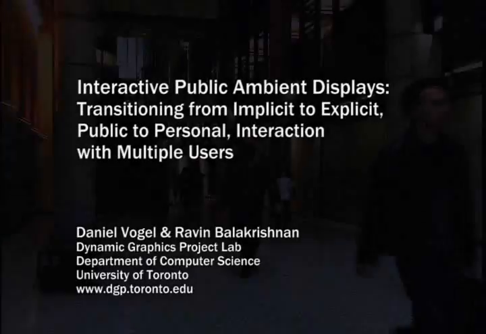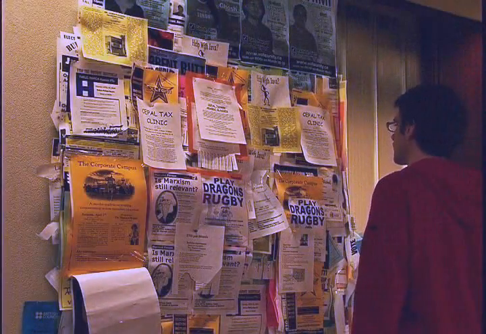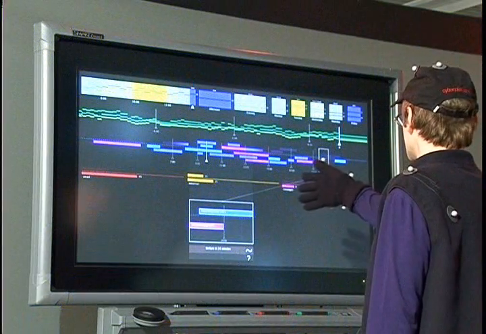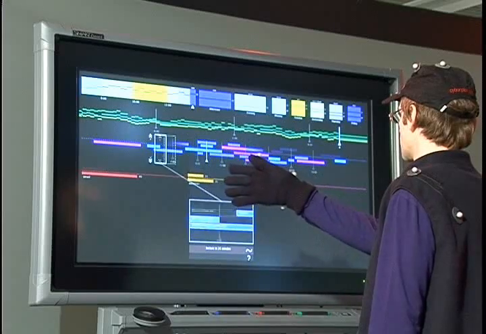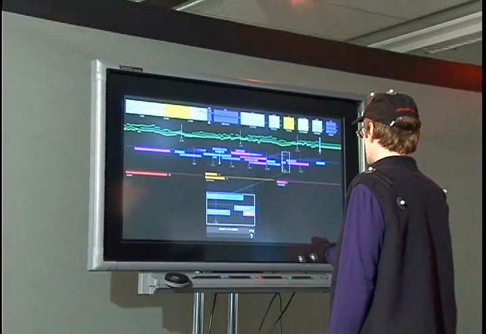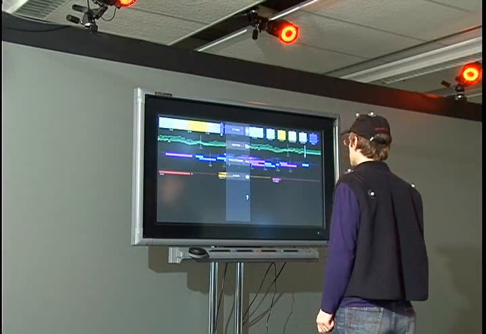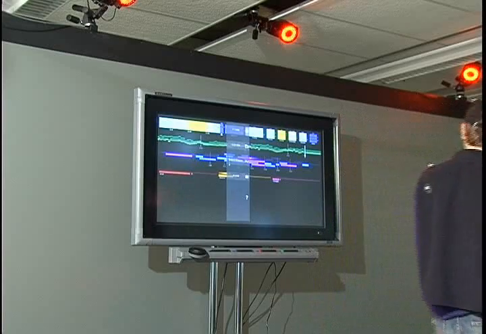In this video, we present new techniques for interactive public ambient displays. Conventional information sources such as bulletin boards are common in high-traffic locations like an office building or university concourse. We've developed a new type of information source, which is a queryable ambient display incorporating peripheral notification, implicit and explicit interaction. Our research concentrates on fluid movement between different interaction modes, techniques for supporting multiple users, subtle notification, privacy controls,